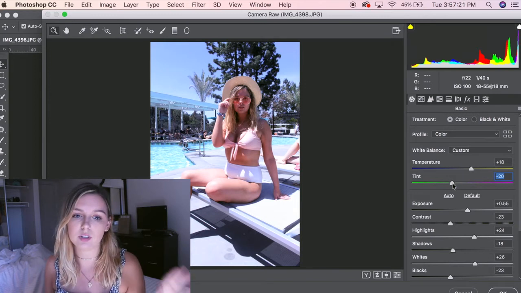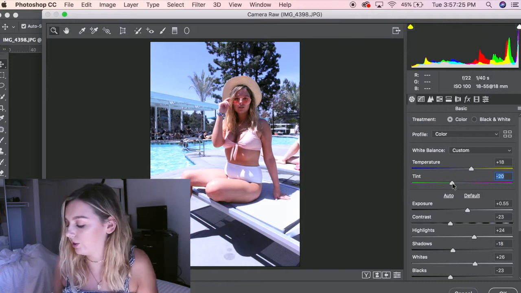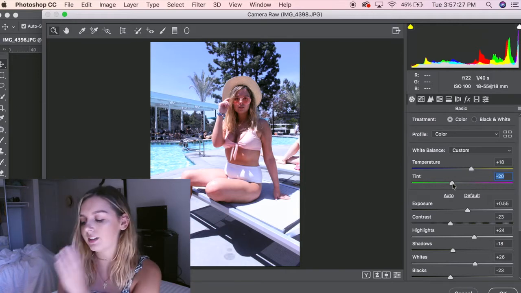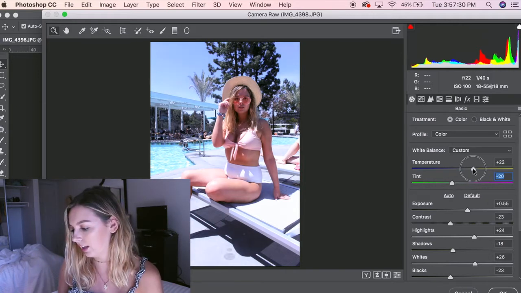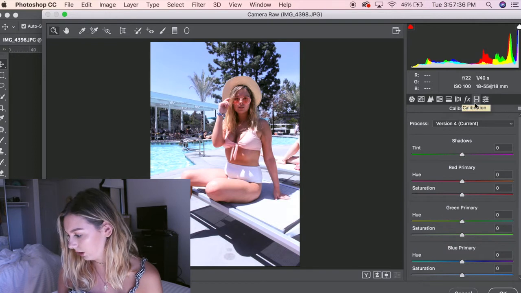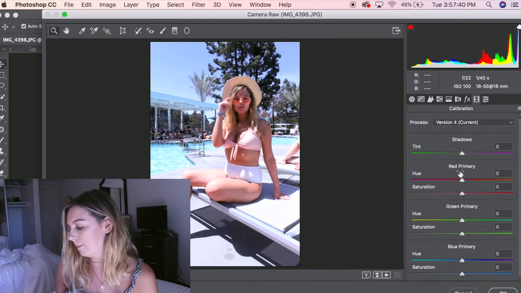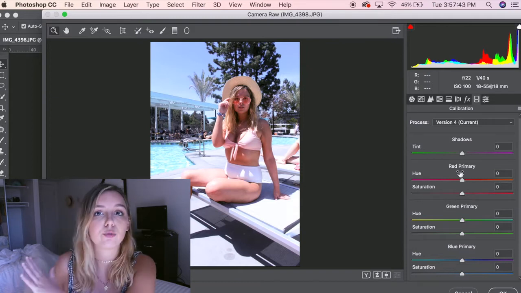Sometimes I do end up using the blue and the green just because, again, lighting, the way the photo was taken, so that's what I have to do. But I tend to like to go for more yellow and green just because I like the way that feels. So then I go to this little camera looking button called calibration, and basically here again I'm just randomly playing